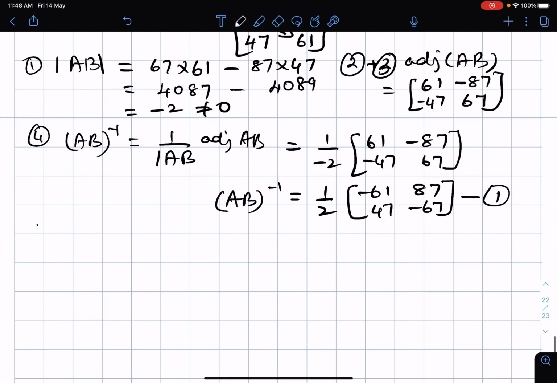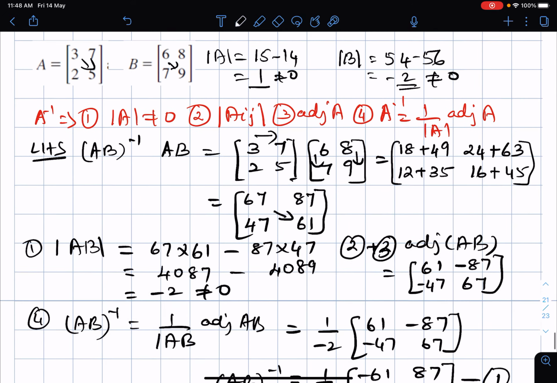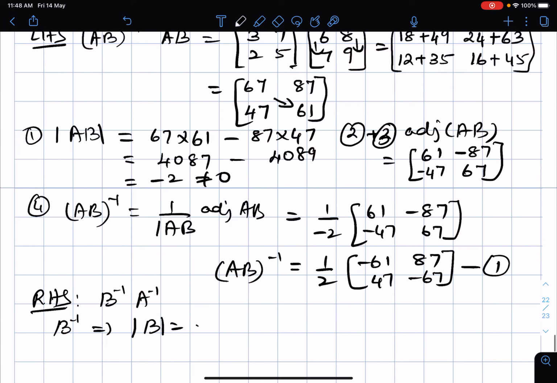Next we are going to RHS. What is RHS? B inverse, A inverse. So first we are going to find out B inverse. For the first step, determinant B, we have already found out the values here. So determinant B equal to -2, you can write as it is. And now we are going to go to the second plus third step,